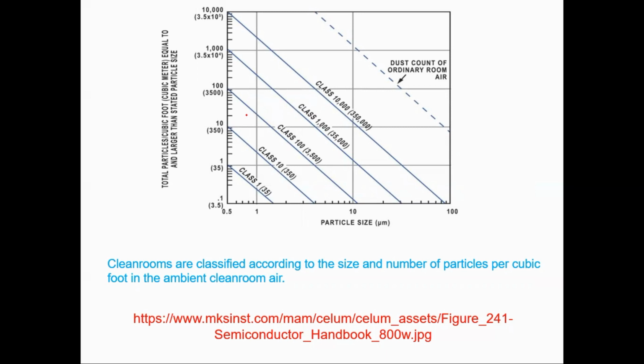it is called class 1. Similarly, when you talk about 5 micrometer size and you have 350 particles, then it is called class 10. And then if you move to class 100, the size of the particle is 10 micrometer and 3500 particles are there in a given area, then it is called class 100. So a question may arise, which one is best? The smaller is best.